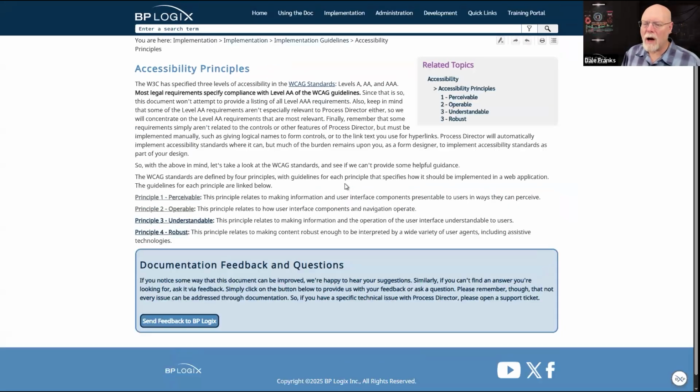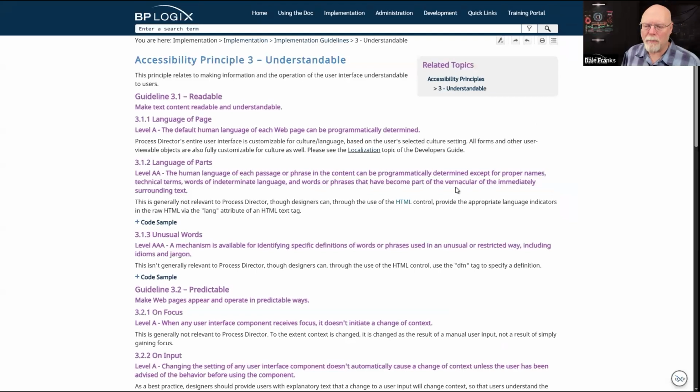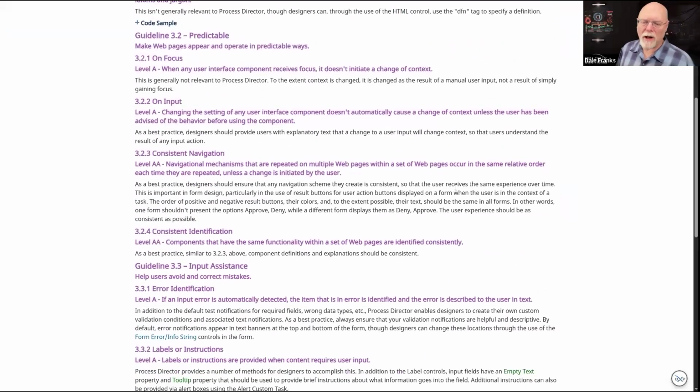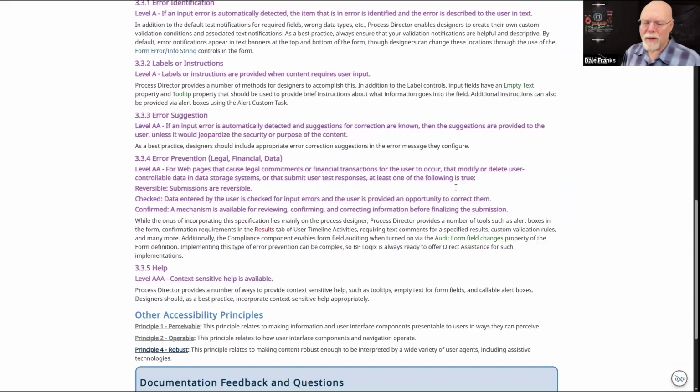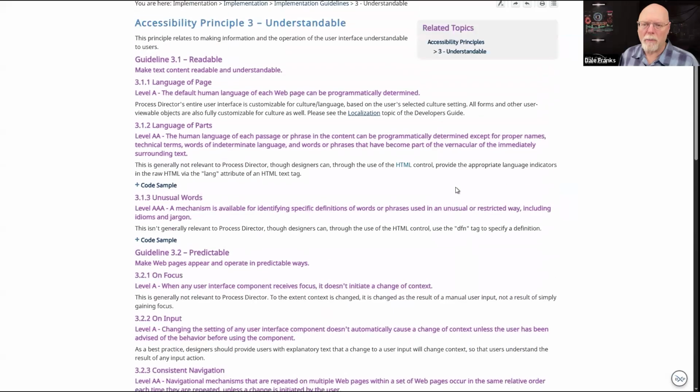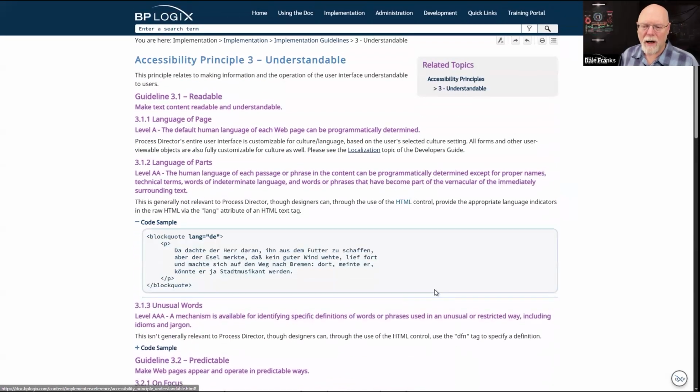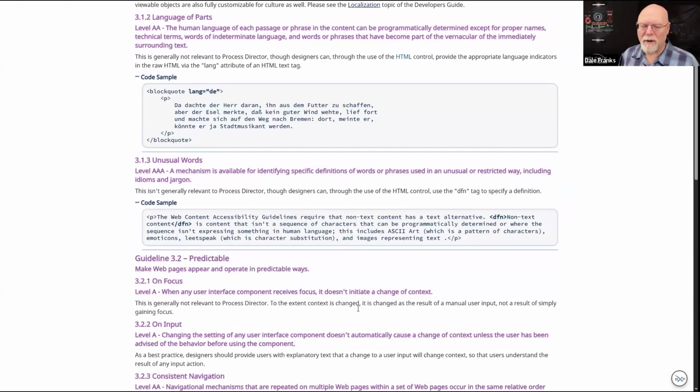So it does go into quite a lot of detail about what the WCAG standards are. There are code samples where appropriate. I think there's a couple here so that it sort of defines how you might need to do stuff.